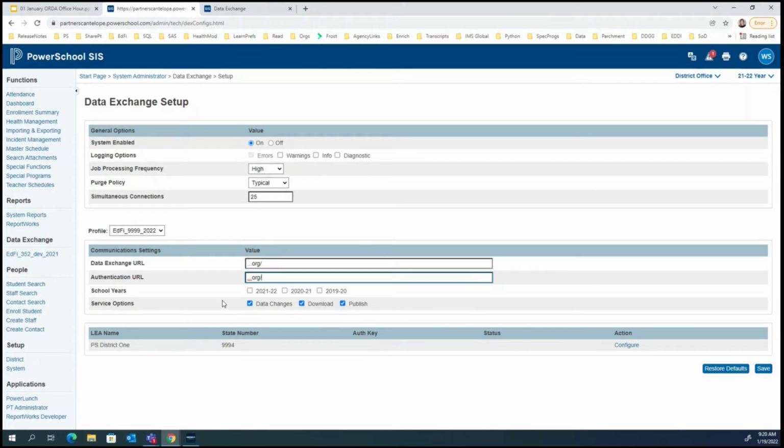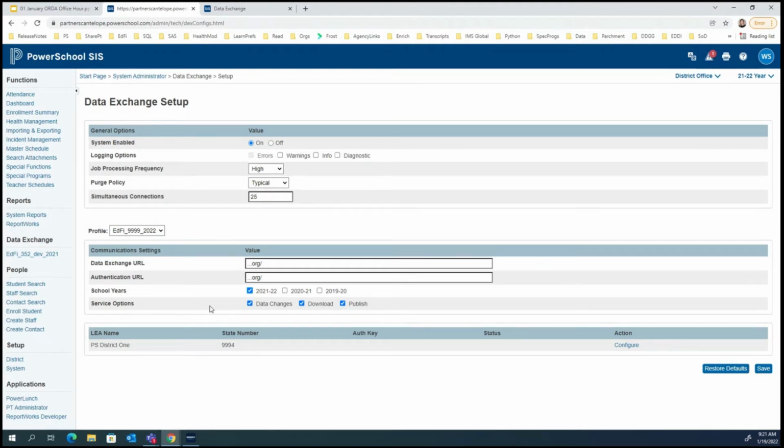All right, now down here, you'll notice we have school years. If you are on the correct state, or the minimum, I should say, state reporting version that we had here in these slides, and I think we could share those if you needed them, then you should have this 21-22 option. If you don't have that, then check your state reporting version, okay? And that's probably it. So you're just going to click the 1 year, okay? So we're doing this connection by year.